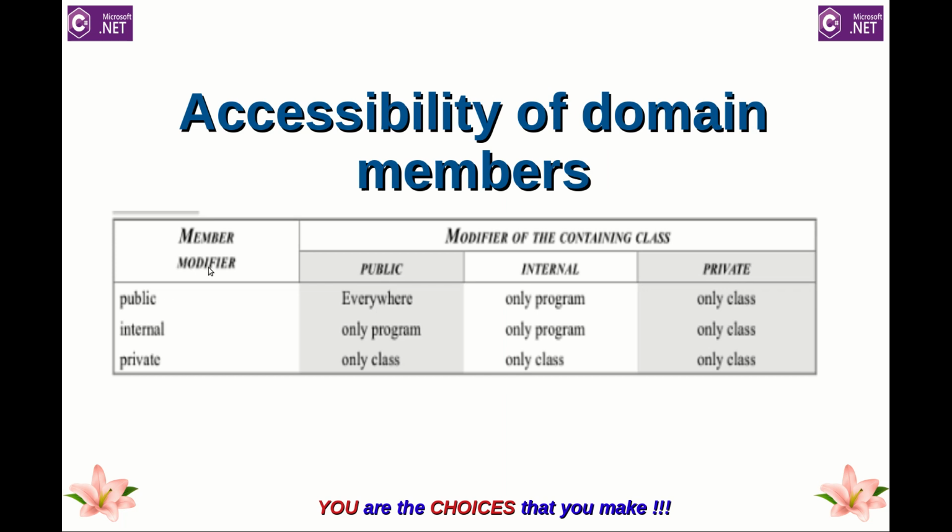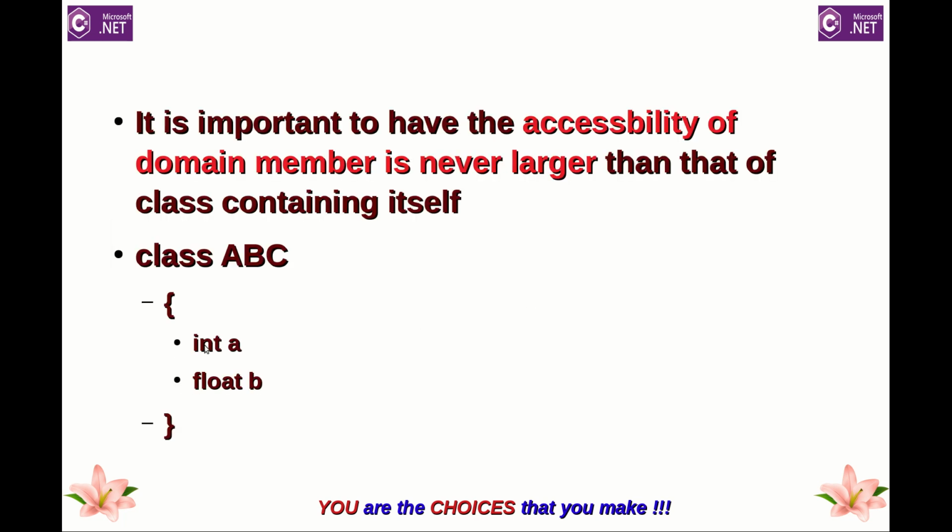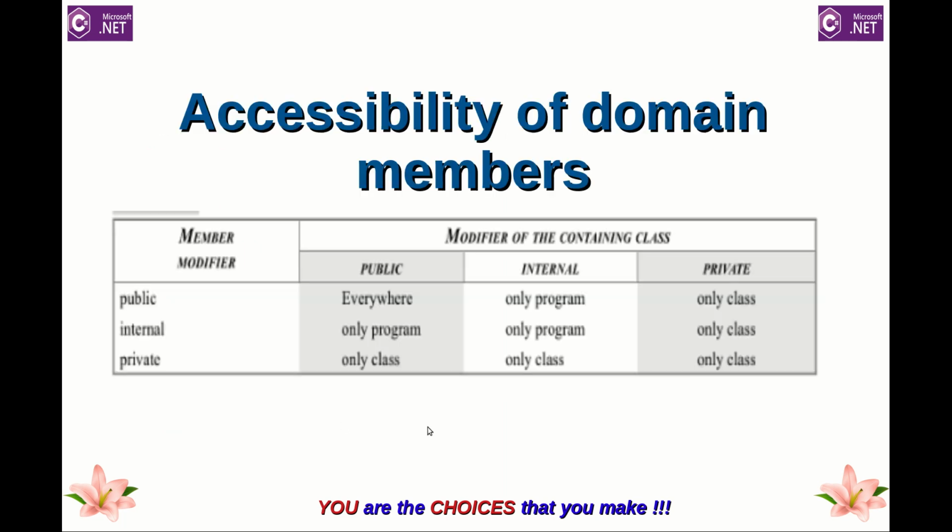But if the member modifier is public, but the class is internal, then though the member is public, it can be accessed only inside the program. That is the example I gave you. Here you declare it as public, but the class is internal. Whatever the modifier for the class is, that will be taken here, and the public will not be considered, because if the class is internal, the objects of this class can be accessed only in the program. So the members can also be accessed only inside the program.